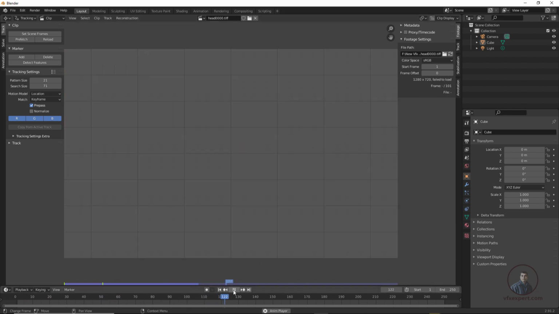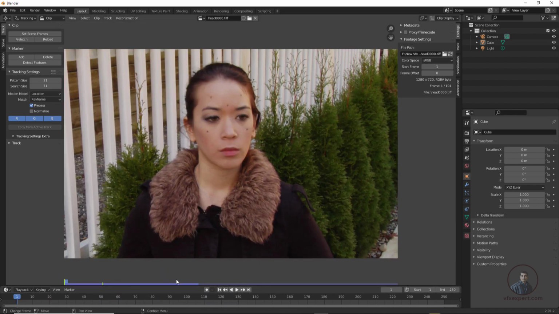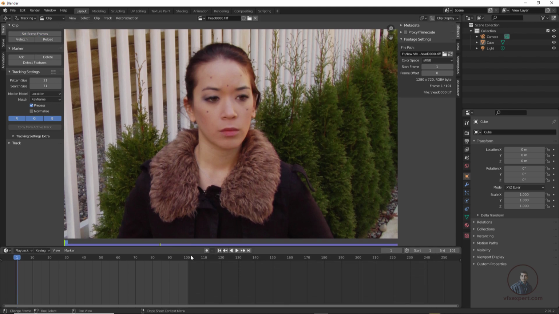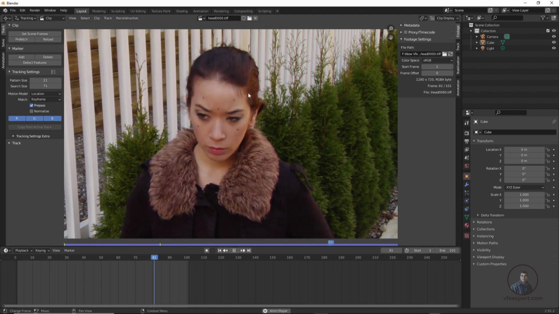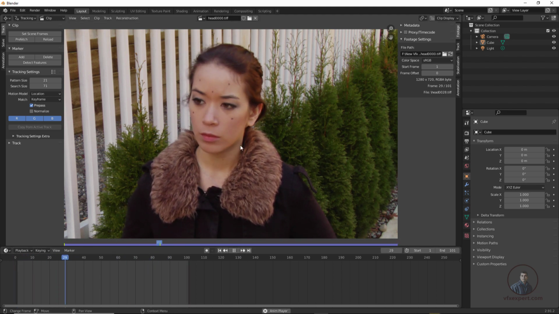Then we also have to set our timeline according to our footage, or this image sequence. Simply click on Set Scene Frame. This will automatically define your work area according to your image sequence. Just click here. Now down below you can see it, let me adjust it here. Now play. Easily you can see all these tracking markers, which we have to remove in Blender.